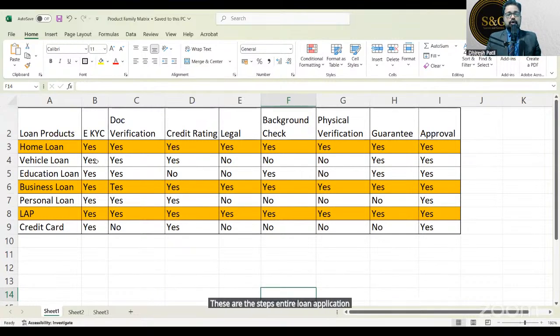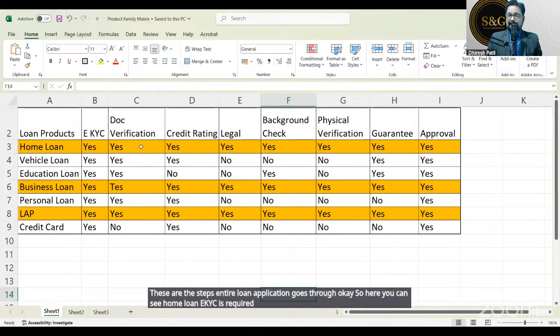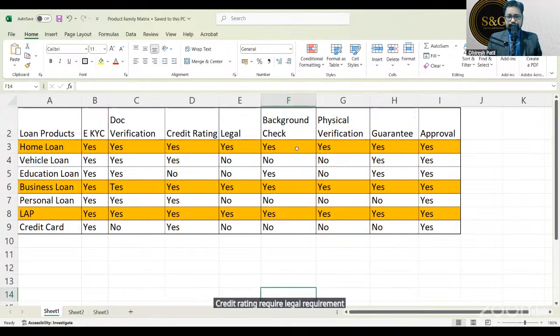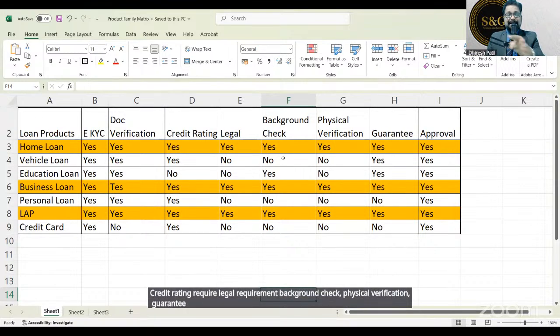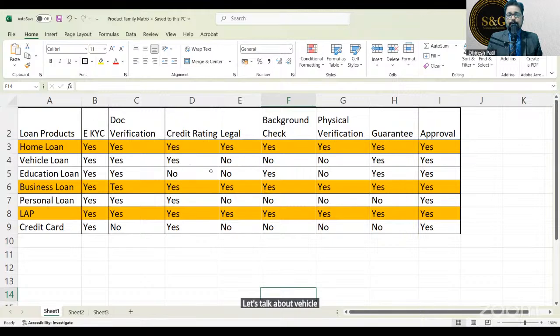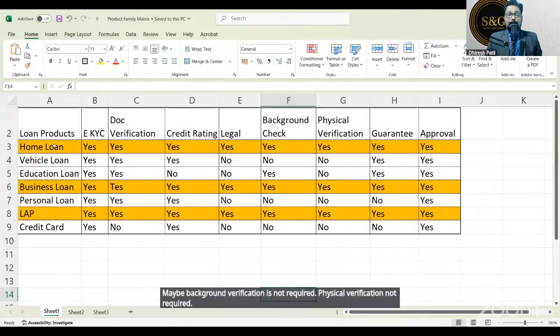Here you can see for home loan, eKYC is required, document verification required, credit rating required, legal required, background check, physical verification, guarantee, approval. So everything is required in the home loan. Let's talk about vehicle loan. For vehicle loan, maybe legal is not required, maybe background verification is not required, physical verification not required. So home loan and vehicle loan follow different product families. Understand this? Whereas education loan also: